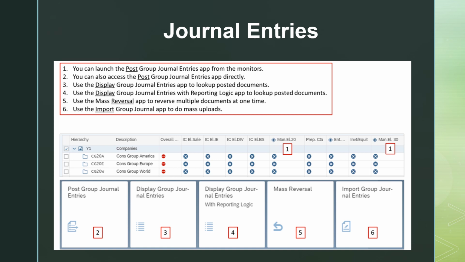Mass reversal. You can reverse individual journal entries by selecting the journal to be reversed and choosing reverse. The system reverses the journal entry and uploads the records in the database. You can also reverse multiple journal entries, also called documents, in the mass reversal application. While doing so, you select and reverse manually posted documents by various criteria, for example, organizational unit, version, time,